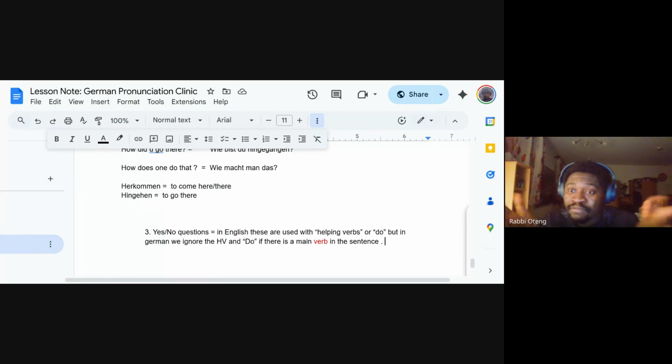So we have two options: either to use the helping verb plus the main verb, or just go straight to the main verb, just like in German. He comes there. In German, we prefer to use the second version. We don't use any helping verb. So here comes Montag, not here is Montag coming. We don't use the helping verbs do and is or are if there are other verbs in the sentence. The other verb will be the main verb. For example,